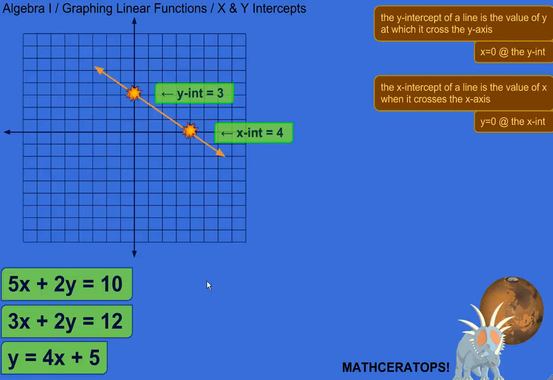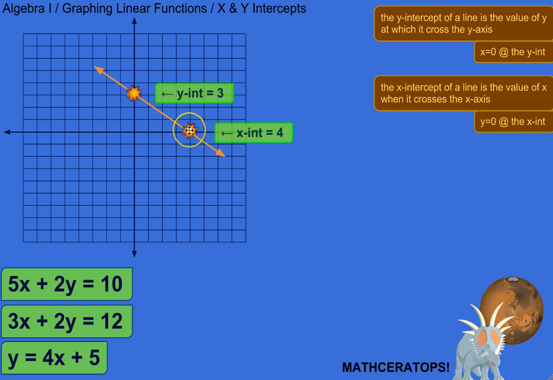Alright, there's kind of a slick way of graphing linear functions, linear equations. It's based on the fact that you only need 2 points on a line to graph it. You just connect the 2 points and that's your straight line. There are two special points that a linear function will have when it's graphed, and those are called the x and y intercepts. So here's just a random line I drew on this coordinate plane, and I'm highlighting its y-intercept